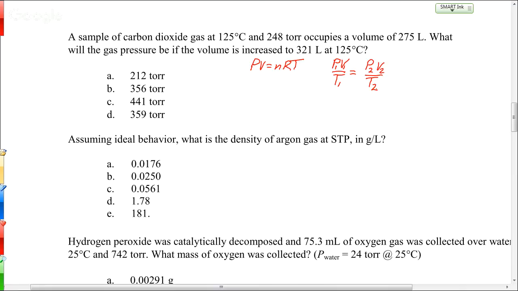So let's see if that works, because I'm pretty sure that's the case. So 248 times 275 divided by 125C is what, 398 K, right? And that has to equal our pressure that we're solving for times 321 liters divided by that same 398. So if we solve for P2,